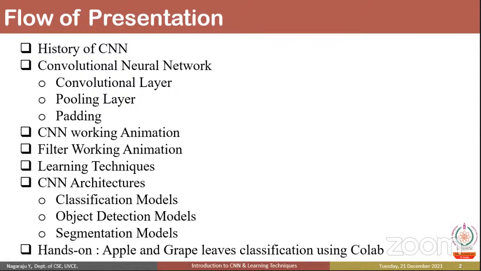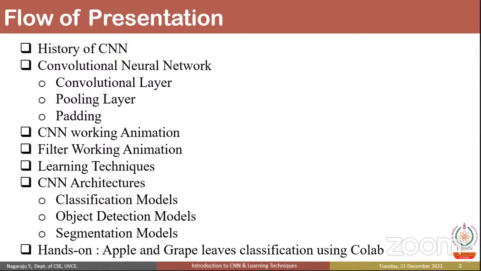Okay, so I'll start with the history of CNN, how visual system evolved. Then I'm going to discuss about convolutional networks and the building blocks of convolutional networks. Then how it works, the example of animation, then how filters works, and we'll see learning techniques. Then in a second session, we are going to see about classification models, object detection models, then segmentation models. After that, I'll show how to classify apple and grape leaves in Colab. Okay, that is actually based on transfer learning. Let's start